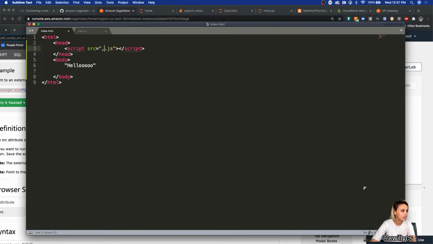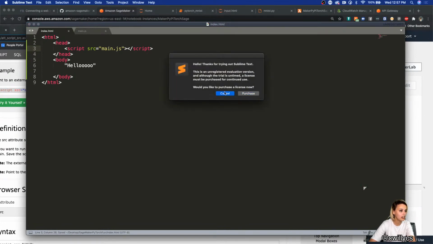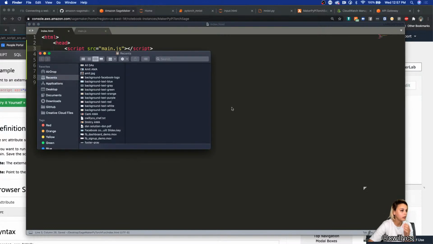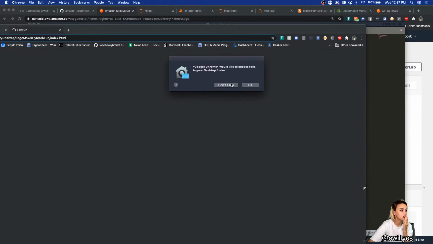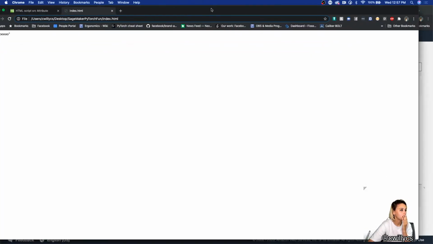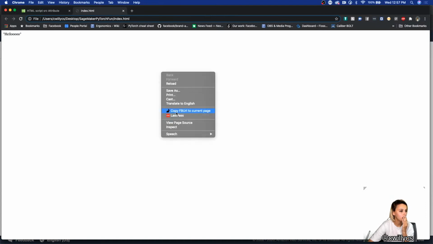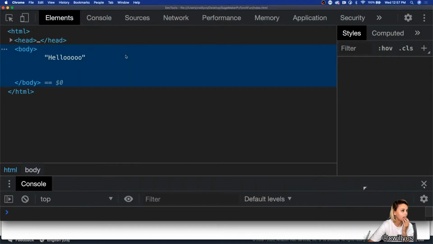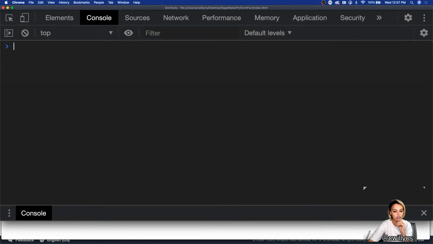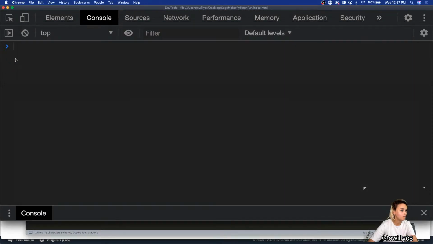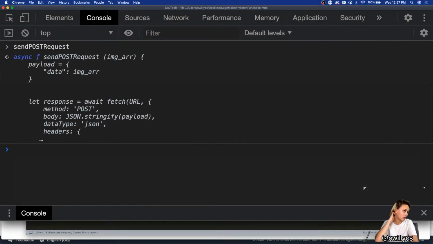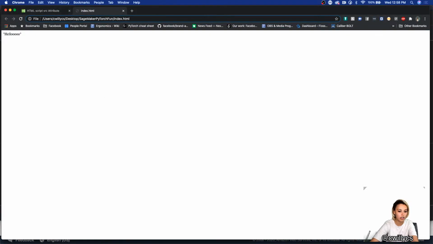Okay. So main.js. Save. Let me open the thing. So this should just say hello. Okay. So then I forget if I actually have access to this, but what was my function called? We do. Okay, so now if I just do send post request and then that image URL,